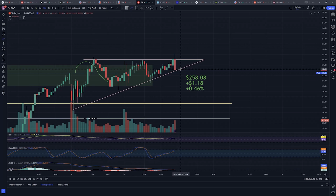But we closed at the bottom of this triangle. What do we want to see? Obviously, we want to see up. Let us draw. Maybe we can just do this, and this would be maybe what the market does. Basically, it stays near the 260 after getting a little bit of bullishness in the morning. Maybe that'll get people to go long, but maybe you just consolidate on the 260